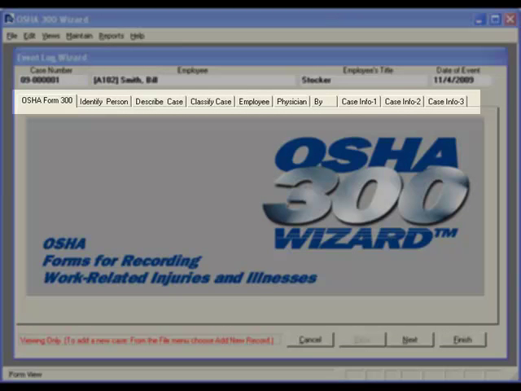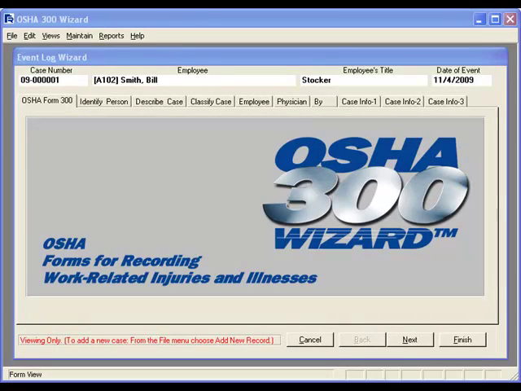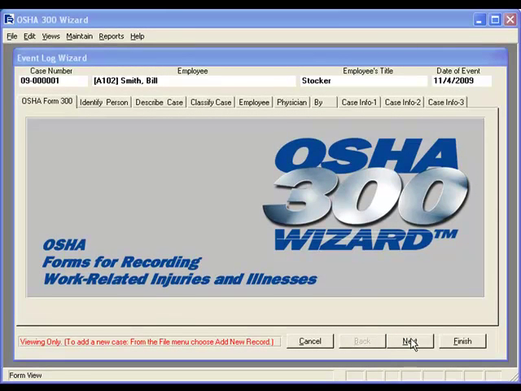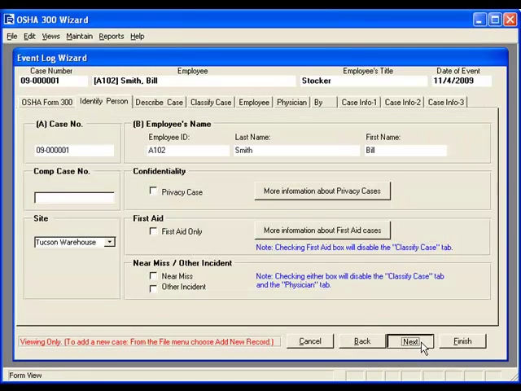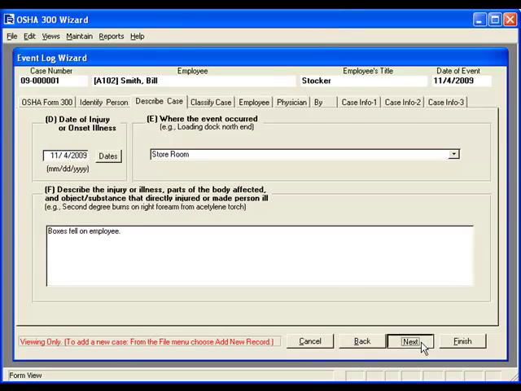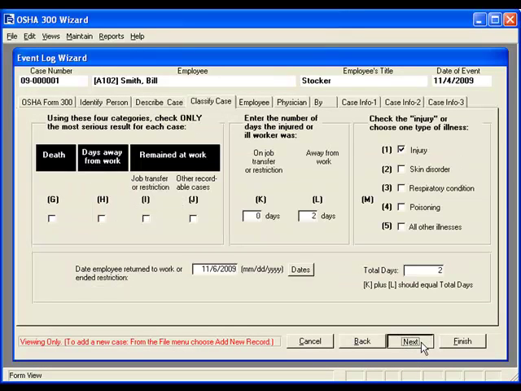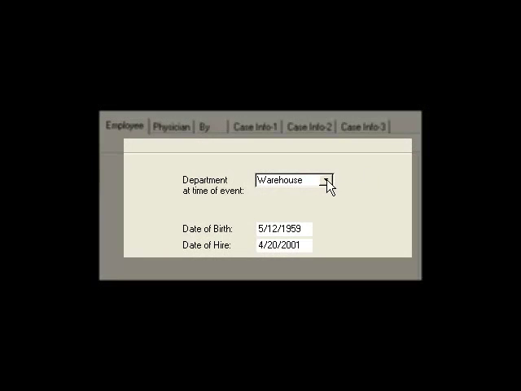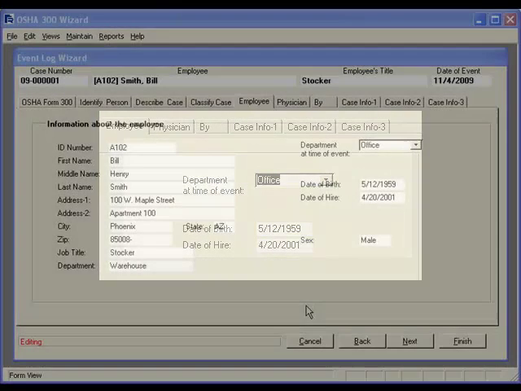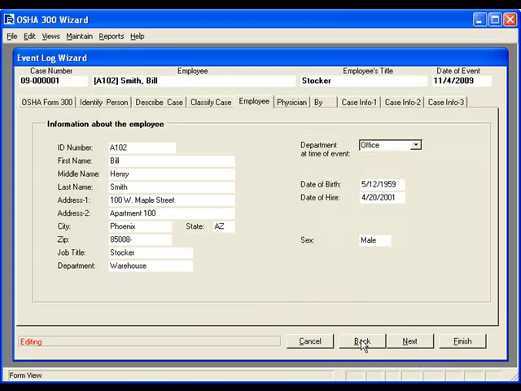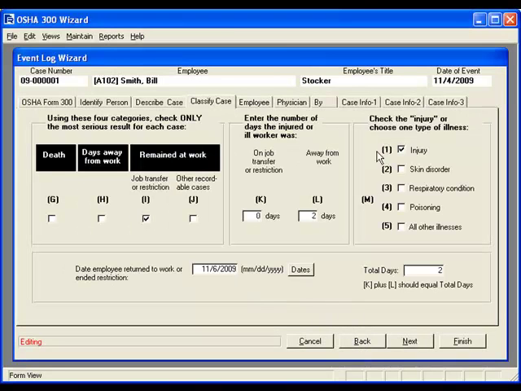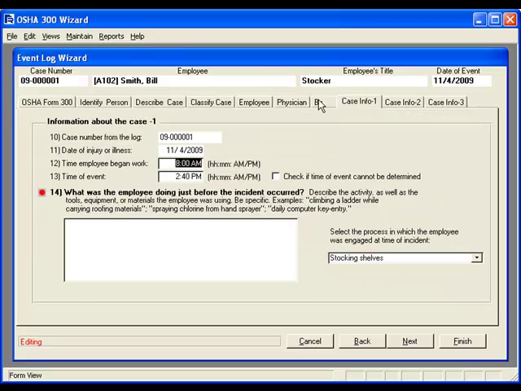All you have to do is fill in the blanks on each screen, then proceed in a logical fashion to the next screen by clicking on the button labeled Next. To make it even easier, many fields contain drop-down lists of choices from which to select. It is just as simple to backtrack. Or you can use the convenient tabs at the top of the event log window to jump to any particular